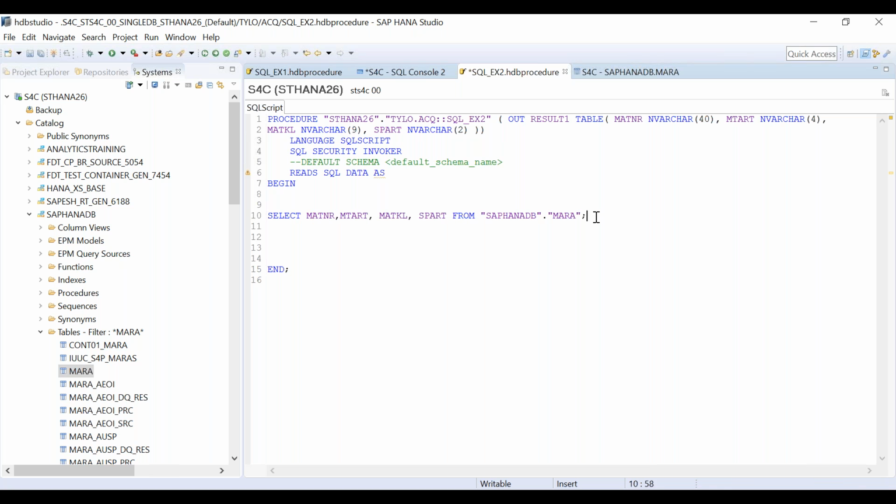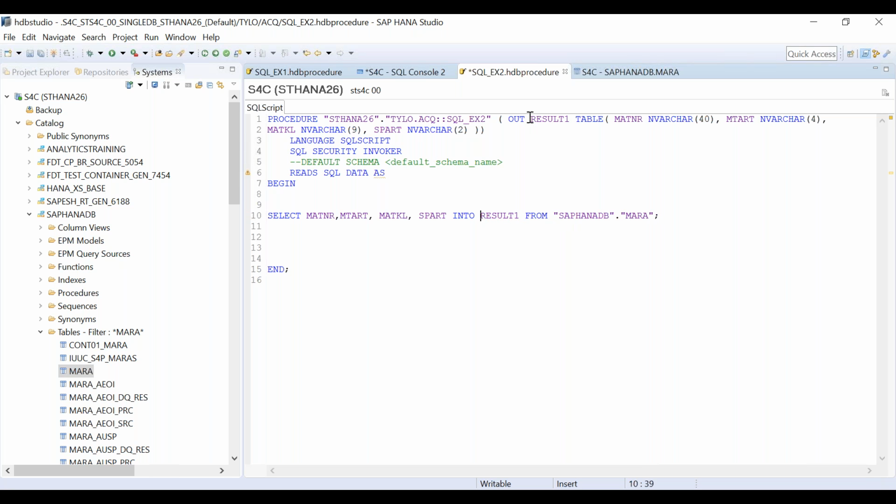That's done. This is my select query, right? And I want to pass this into a variable. So how do you pass this table into a variable called result1? For that, what you can do is like this: select this into result1, something like this.